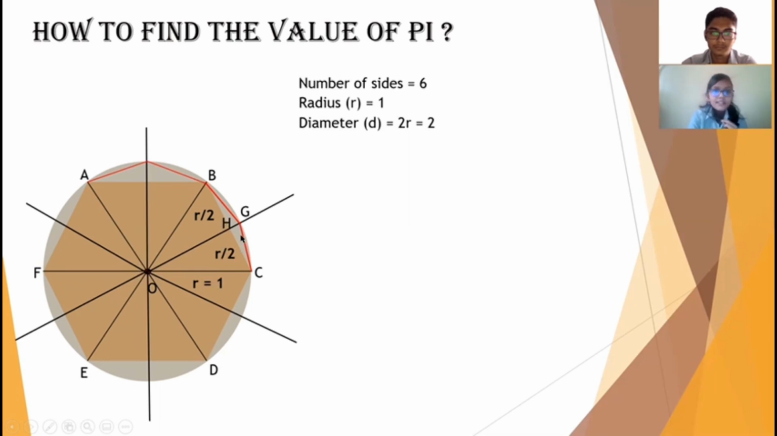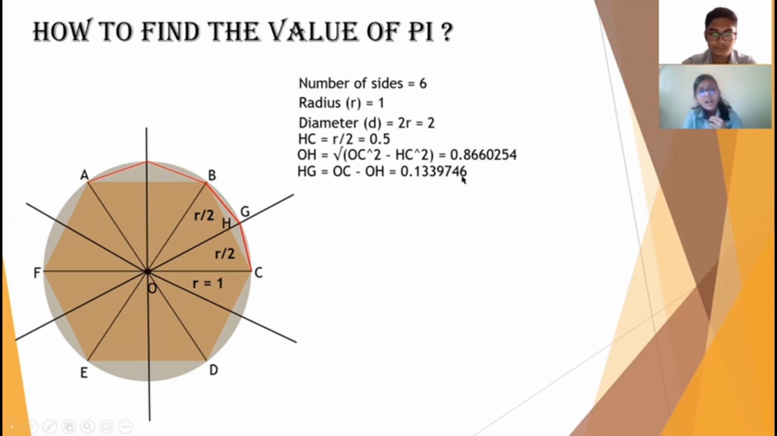Now, consider the hexagon. In order to find the measurement of GC, we first need to find the measurement of HG. But in order to find HG, we first need to find the measurement of OH, which we will do by using the Pythagoras theorem. OH is equal to the square root of OC squared minus AC squared. The value of OH is observed as 0.866024. Thus, the value of HG, which is OC minus OH, is